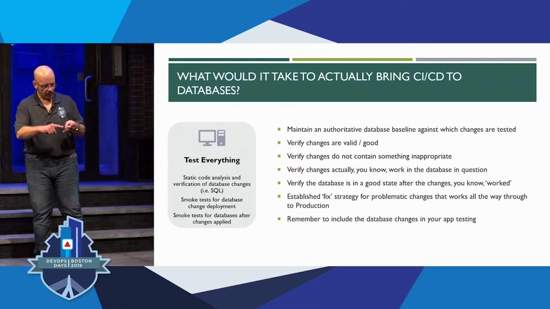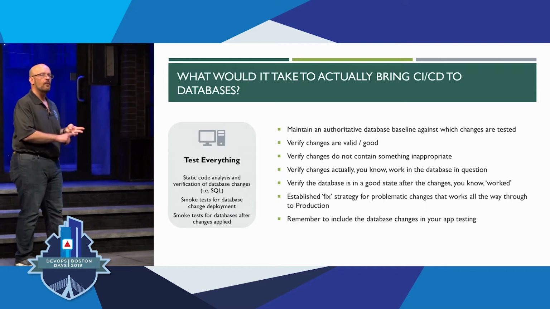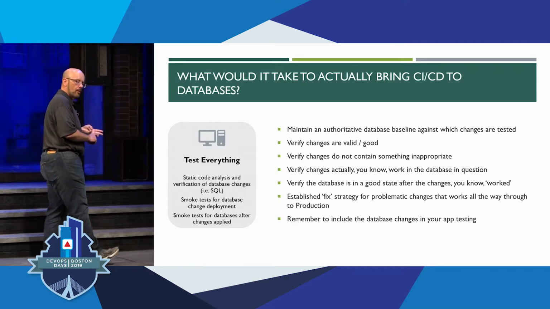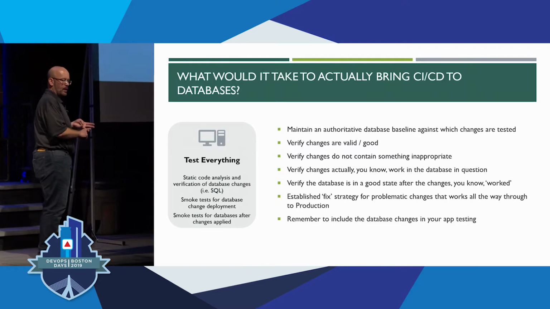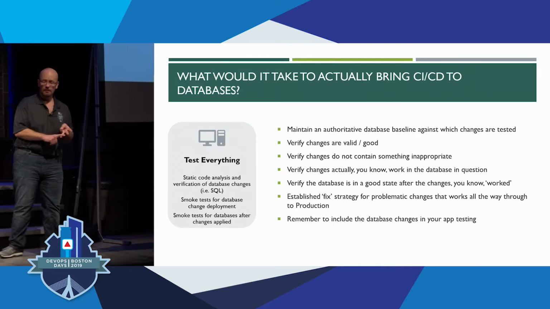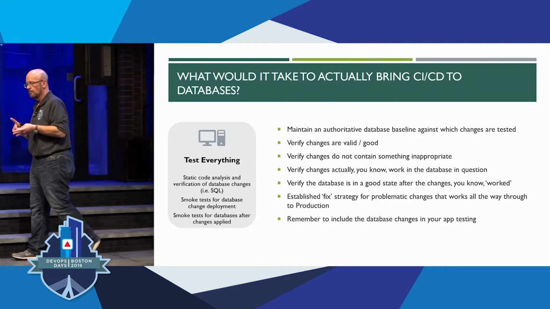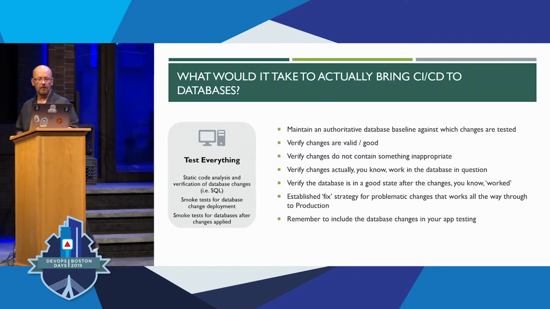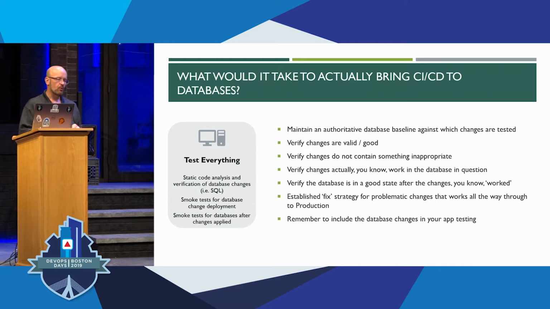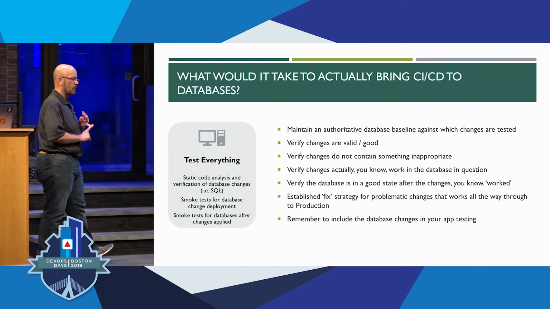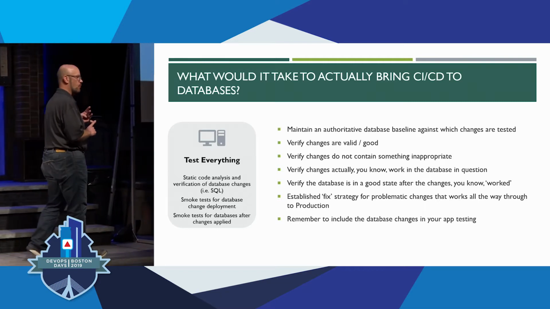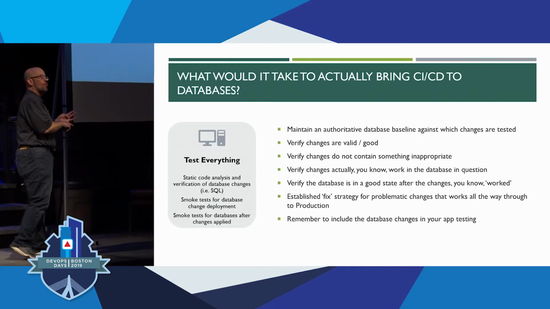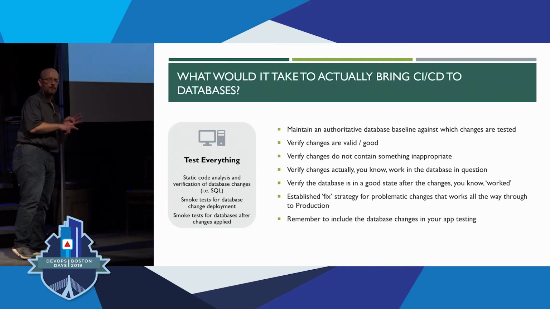I mean, I know if my code compiles and I can run smoke tests against it, but how am I inspecting my database changes? How am I making sure that they work, or that they worked the way I expected, at any stage in the pipeline? And what's my strategy for fixing it? Can I refresh the environment quickly? Do I have some kind of fix script that goes with it? Do I roll back? Do I fix forward? You have to pick.